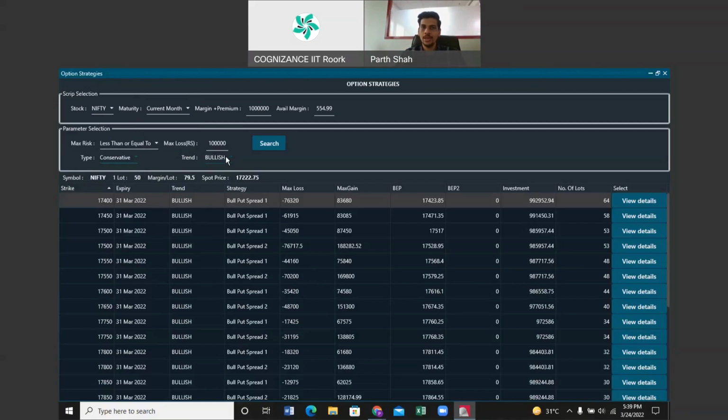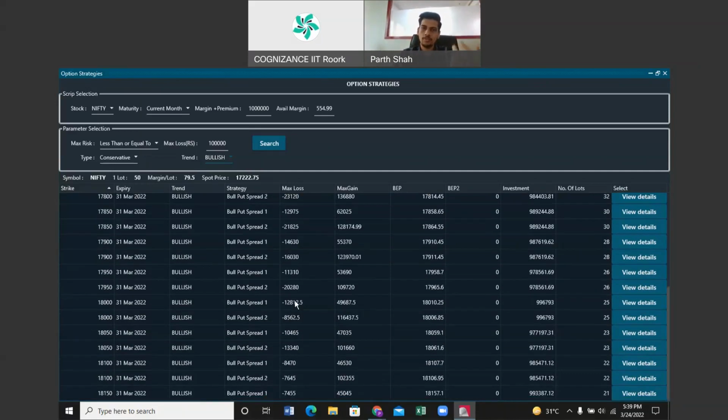That's my perception, and that's the reason I'm taking this here. So this is not my view. I'm just giving you this as an example that if I take it as bullish, bearish, neutral, or volatile, there are multiple things you can do. And if I search for it, I get this many results. So these are basically predefined strategies where you don't have to apply your brains on how to create the strategies around it when you have the conservative approach. And if you think that the trend is bullish, this particular tool will give you predefined strategies with calculation of max loss and max gain you can make.